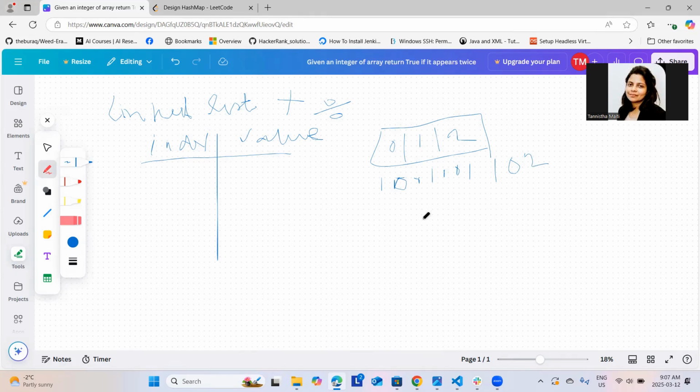Okay. So then this can easily go over here as 0 has 100, 1 would be 101, and 2 is 102. Okay. So that can be one way possible, but